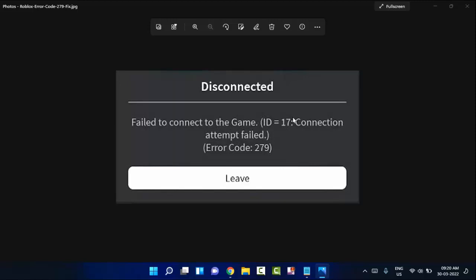In this video, how to fix fail to connect to the game, and the error code you get on the screen